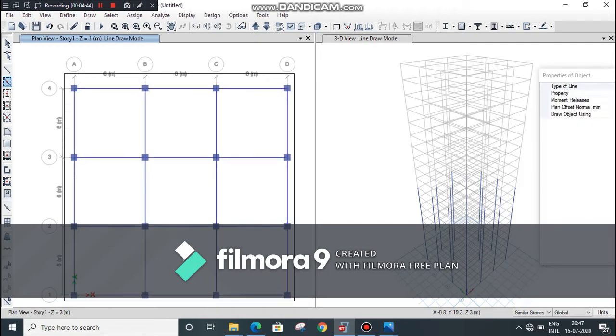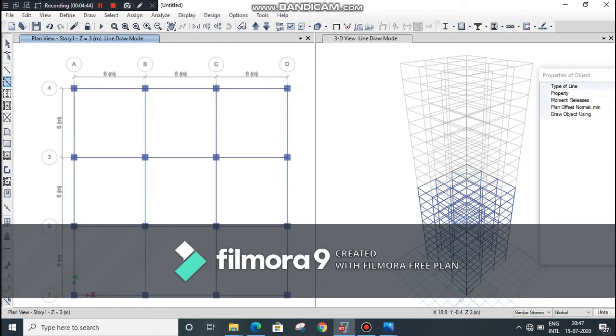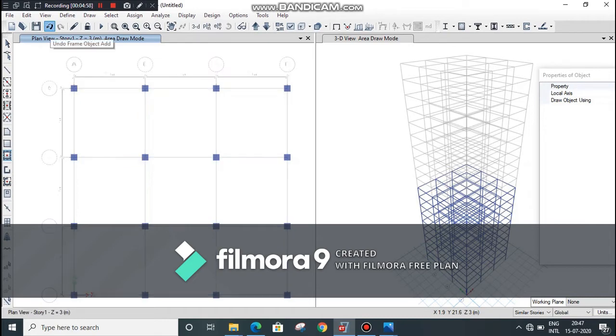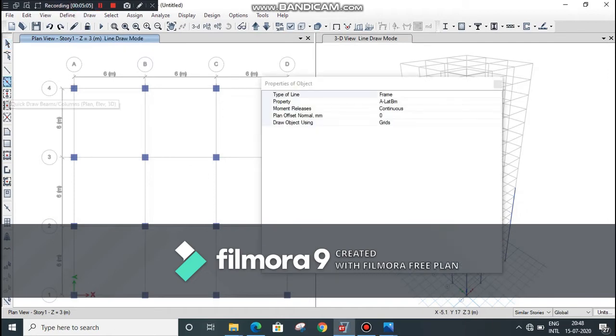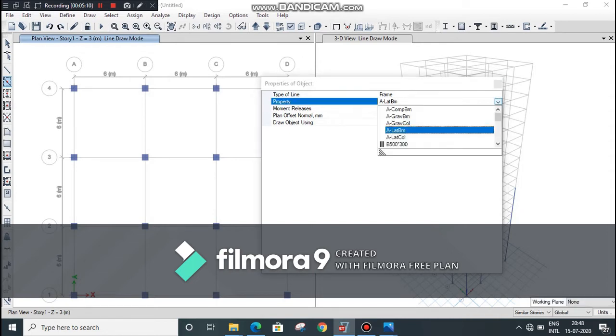Select the proper window to draw the beams. As you can see, beams have been drawn. Click on select thickness of 150 mm. Select quick draw beams column and make sure the property is beam auto select.